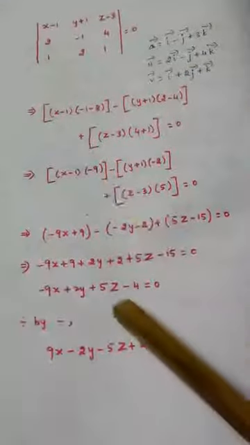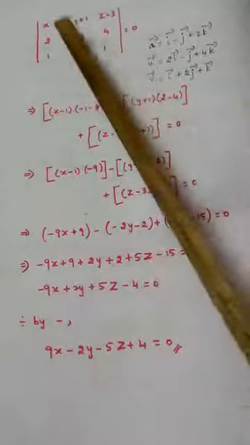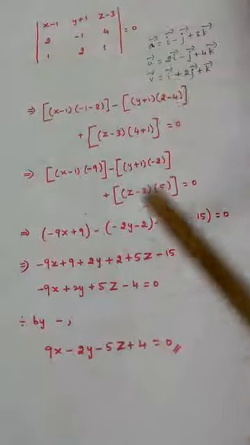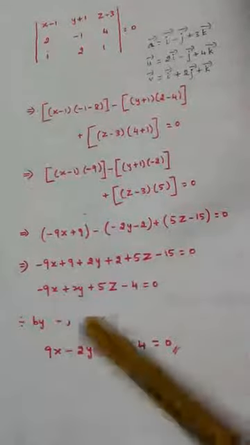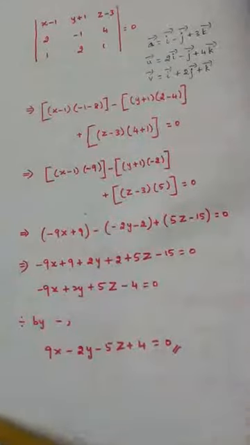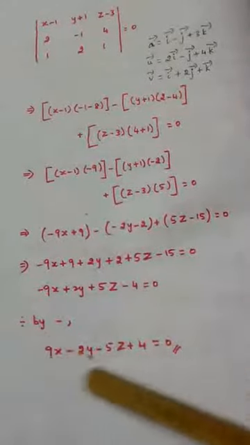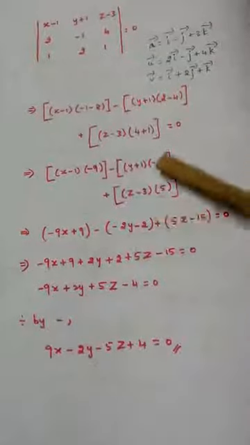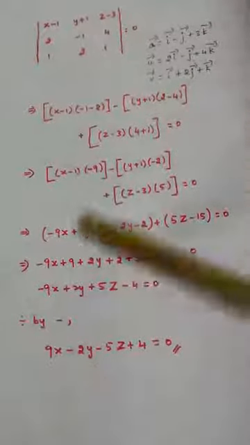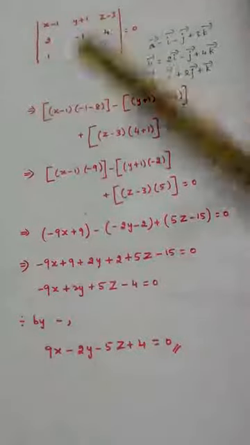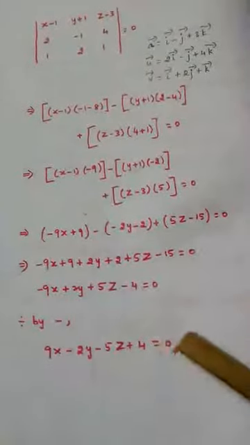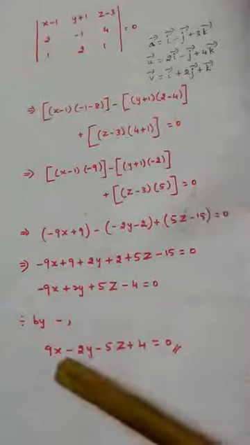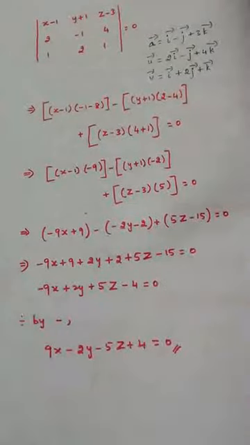You know very well how to do these steps, right? Expanding this determinant, you just go through this and find out the equation of the plane in Cartesian form. I think I need not explain all these things. Many times I have explained to you in the previous classes. These steps are nothing but just expanding the determinant. So we will get this result. You just go through it and try to do the simplification by yourself. We'll go for the next sum.